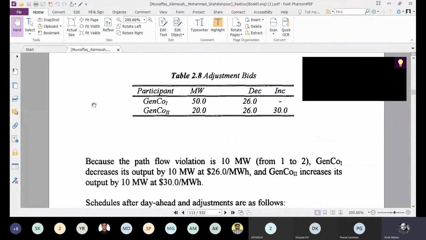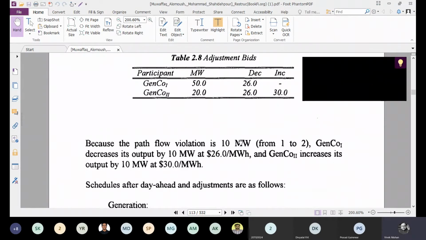Now what is the adjustment bid? For 50 megawatts, Genco 1 has a decremental bid of 26. They don't submit an incremental bid. And for Genco 2, they have both decremental and incremental bids. The decremental bid is 26 and the incremental bid is 30. Okay, now